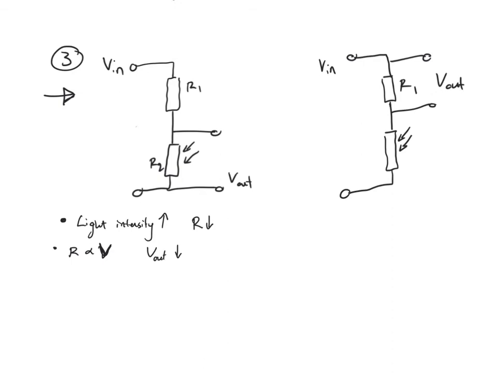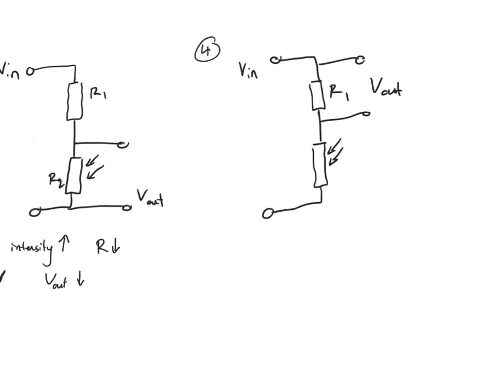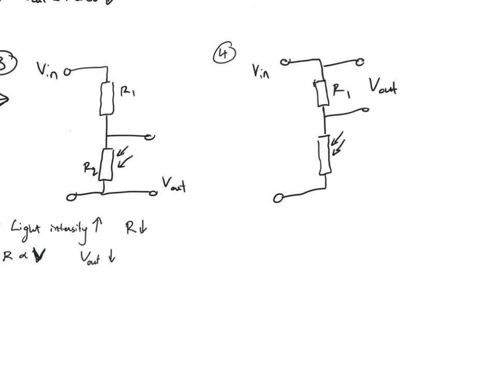However, what about if we didn't have the V out connected to the LDR? What if we look at diagram circuit 4, which shows the V out being on the fixed resistor instead of the LDR? Well, in this case, as the light intensity increases, we know the resistance across R2, so the LDR, will decrease. This means that the voltage across V2 here